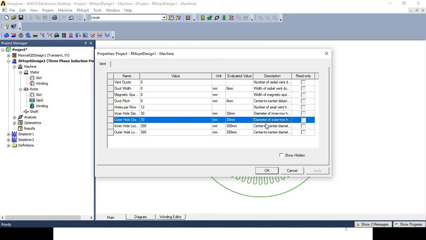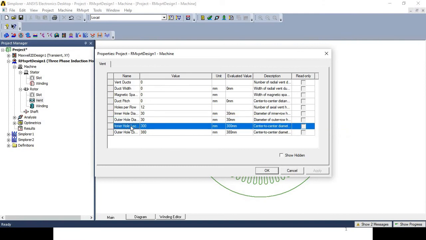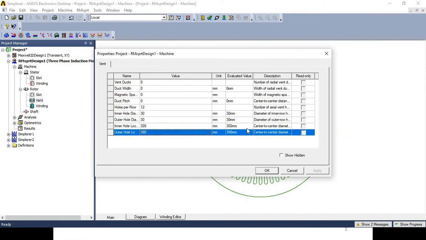Inner hole locus, the meaning of this, center to center diameter of the inner row hole vents, it is equal to 300 mm. Then outer hole locus is equal to 380 mm.